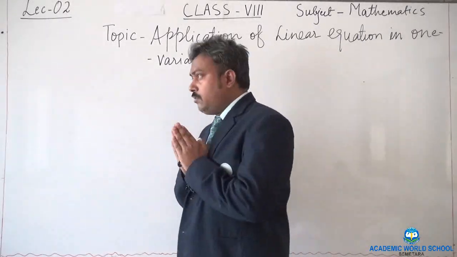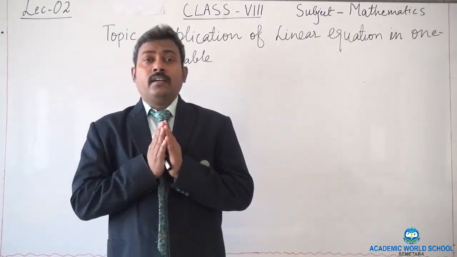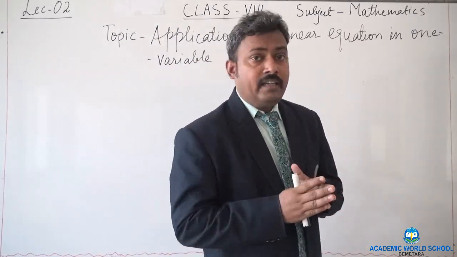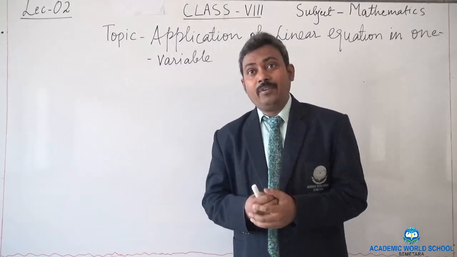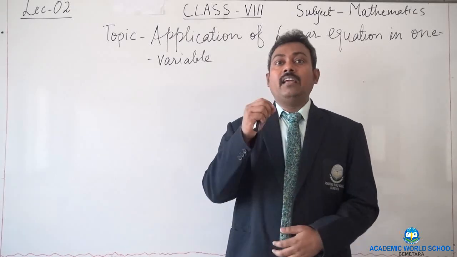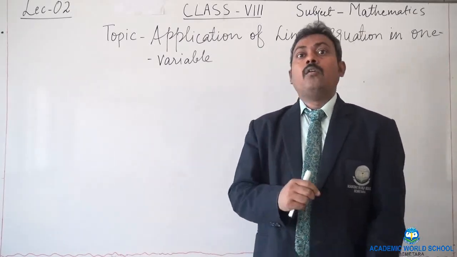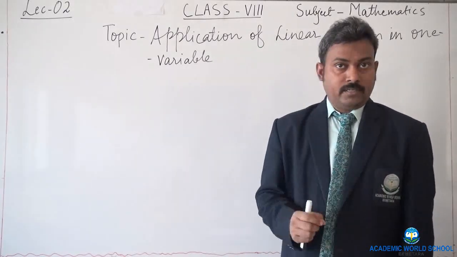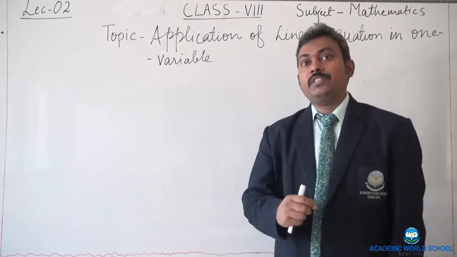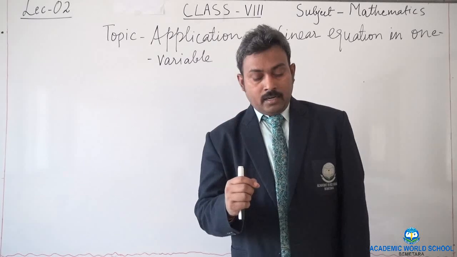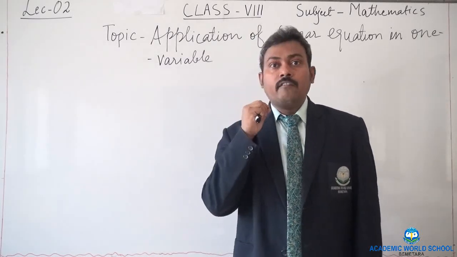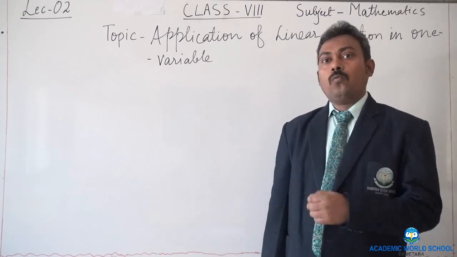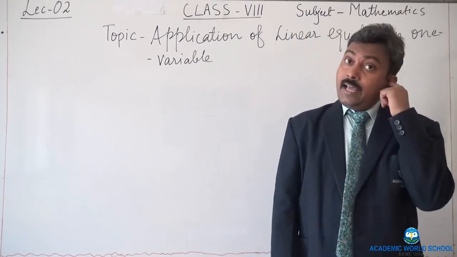So the definition says that a linear equation is such an equation in which the degree is 1 and has one variable. Remember that. Such an equation which has degree 1 and has one variable is called a linear equation of one variable, right? And